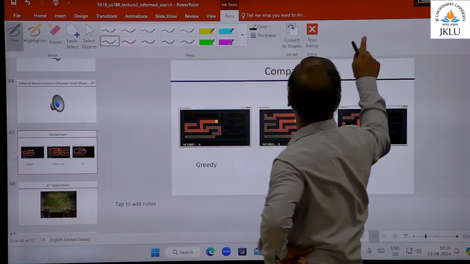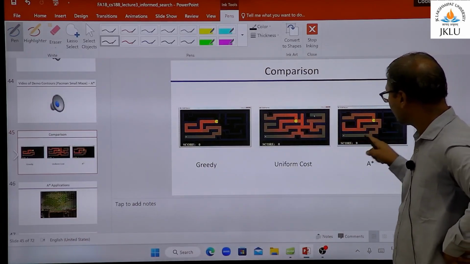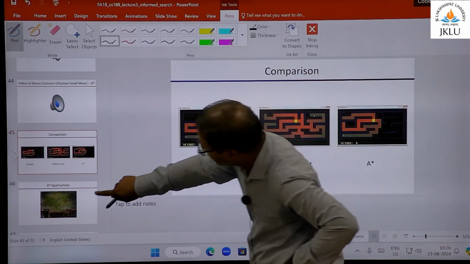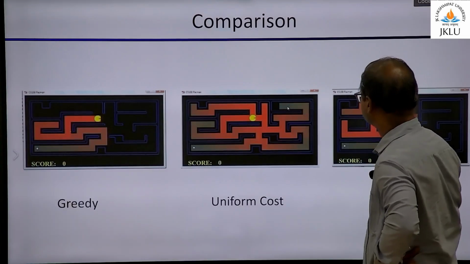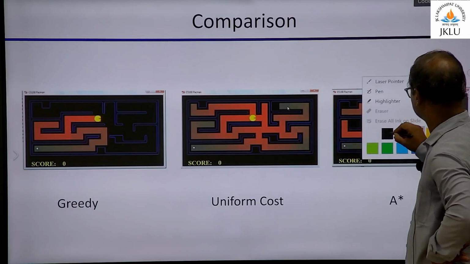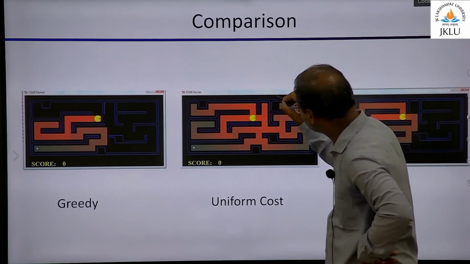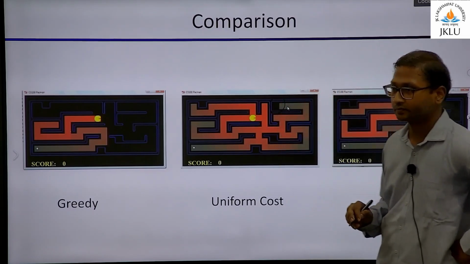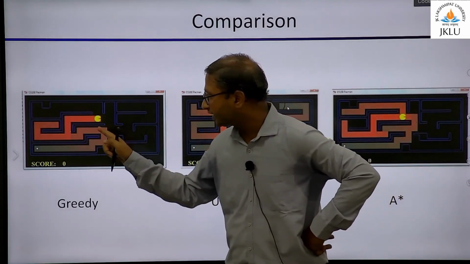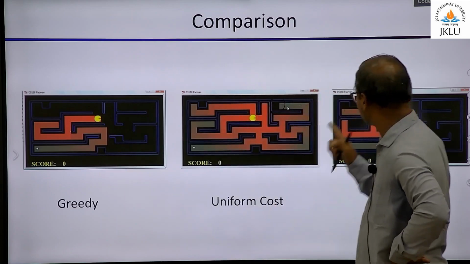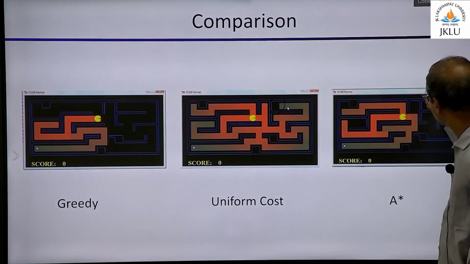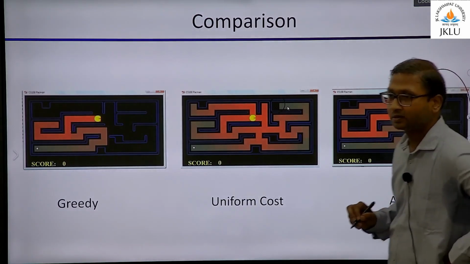इससे तो रहने ही दो, छोड़ो. Right? This one, if you see, is A star. I don't have any animations. Right. So, if you see, only this particular place was left. Otherwise, in UCS, you explored everything. In case of greedy, much lesser. But in case of A star, somewhere in between. But you have left significant portion of the search space.